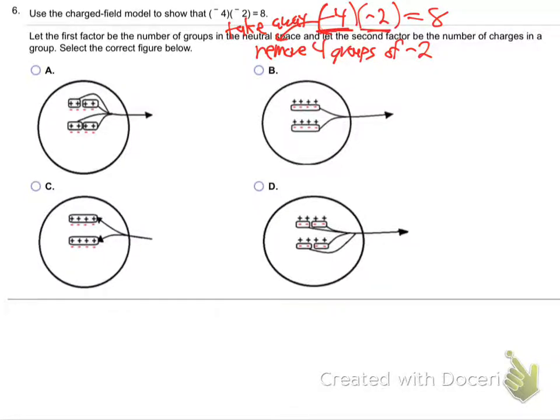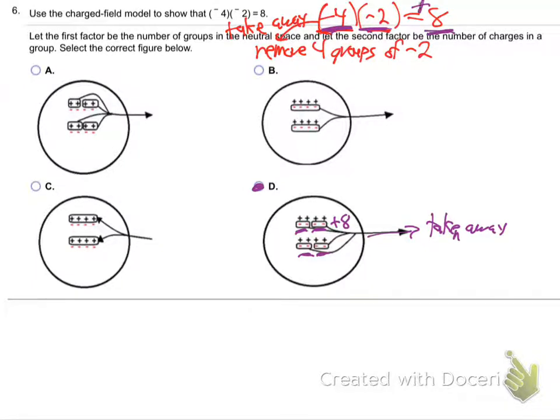Which of those is taking away 4 groups of negative 2? This one. See these 4 groups of negative 2 that are being taken away? It's D. And see what it leaves? See when they take out those 4 negatives, what's left in there? Plus 8. 8 positive signs, which is indeed the answer. That's a way of proving or showing for kids that take away 4 groups of negative 2 leaves 8 positive,